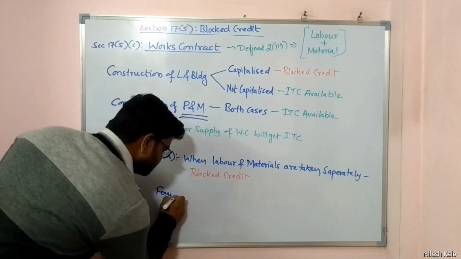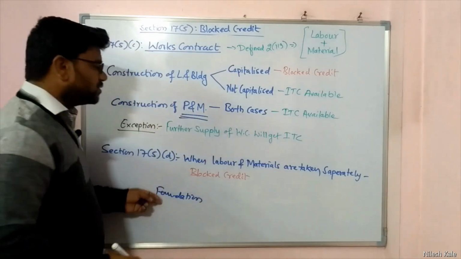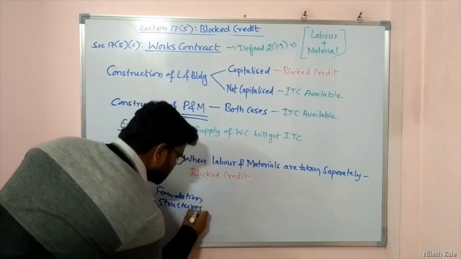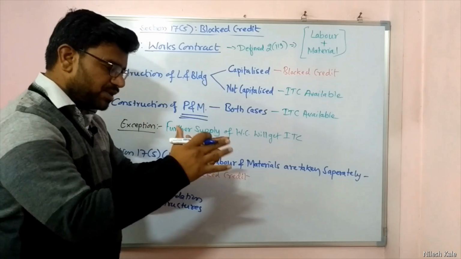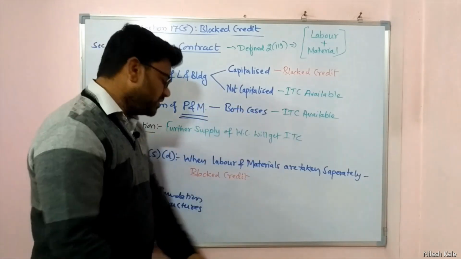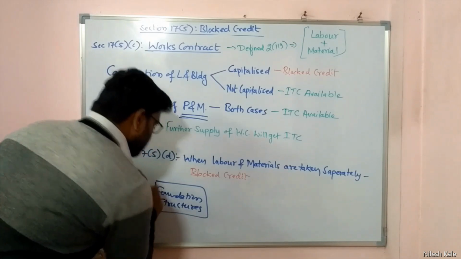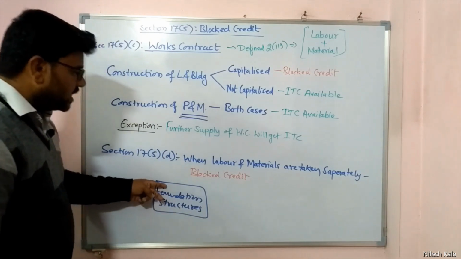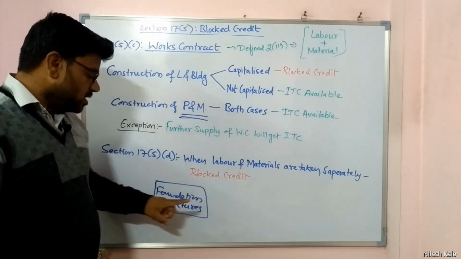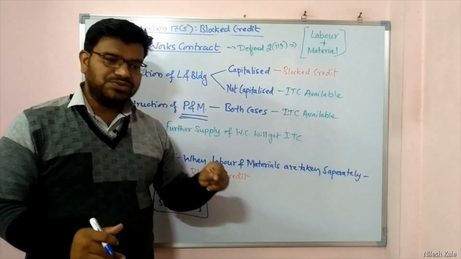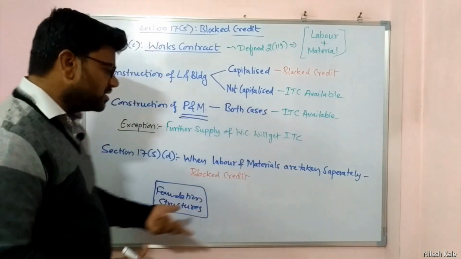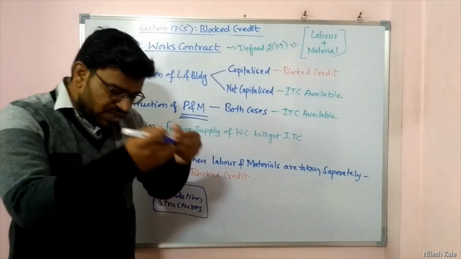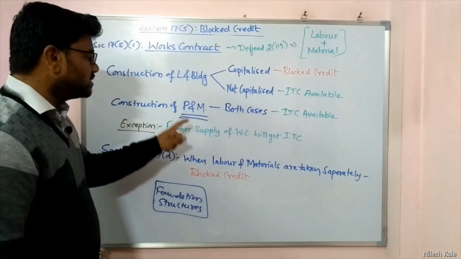The foundation which you use to fix this plant and machinery, or even structures that you make to fit that machinery at one particular place, which is completely attached to land, this foundation is also considered as plant and machinery. Foundation will be done with cement and some bricks. Yes, that is also considered as plant and machinery. Structures of wood, steel, aluminum or any other metals are also considered as plant and machinery. Pipelines within the factory premises are also considered as plant and machinery.